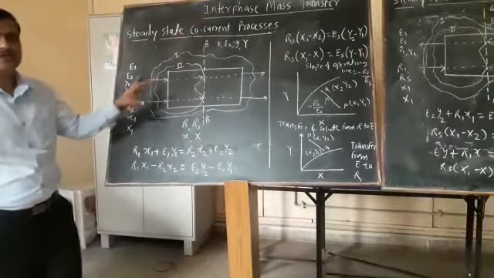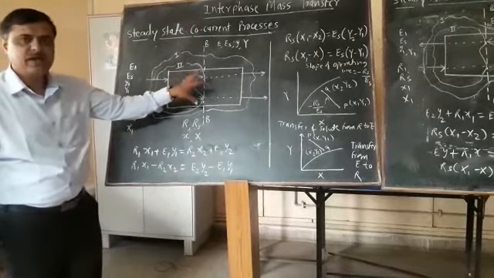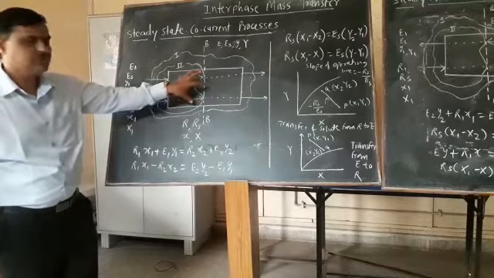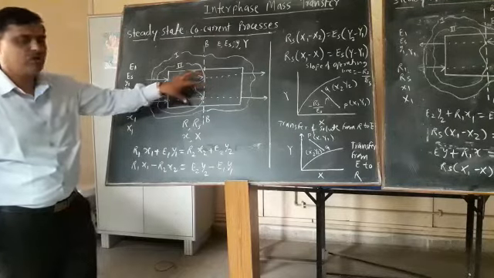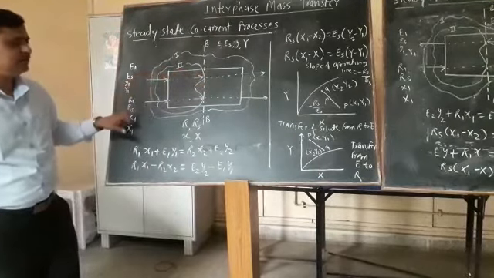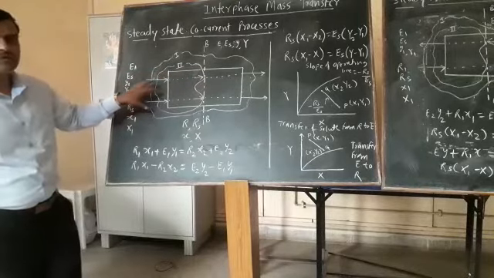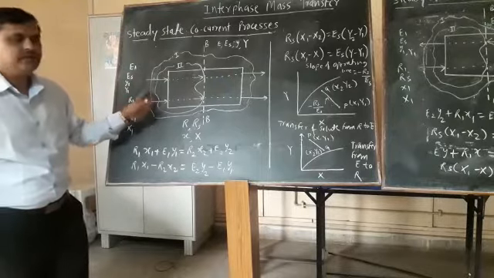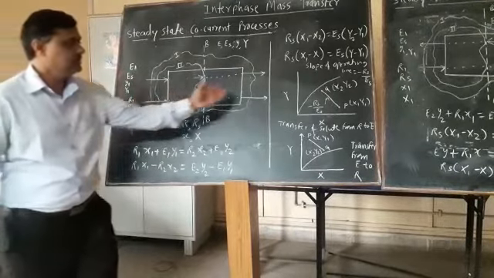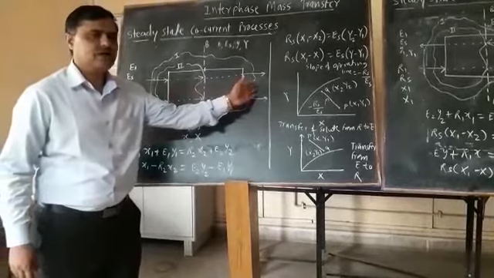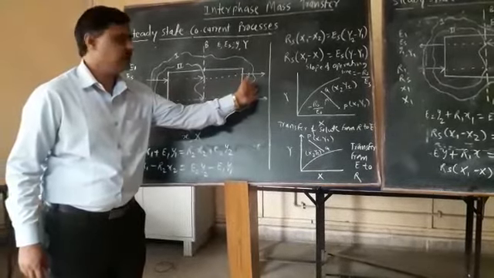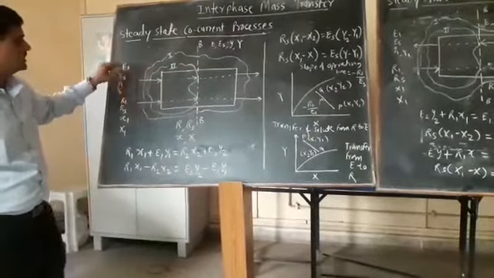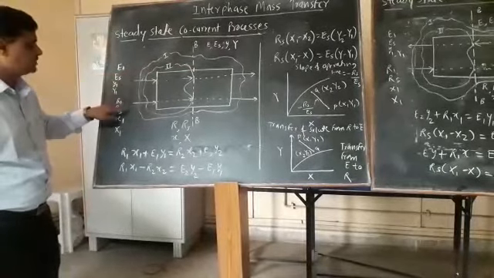For the study we have taken a rectangular box, and whatever the operation may be, for the material balance we have taken this as a rectangular box. We have taken phase E and phase R. In the co-current process, phase E and phase R enter in the same direction, and the outputs of both phases are obtained in the same direction at the right side. That's why it is a co-current process.